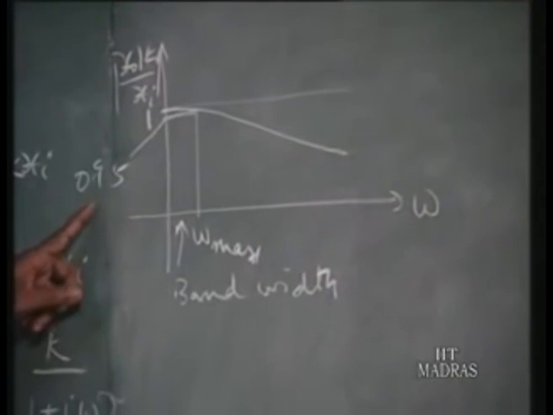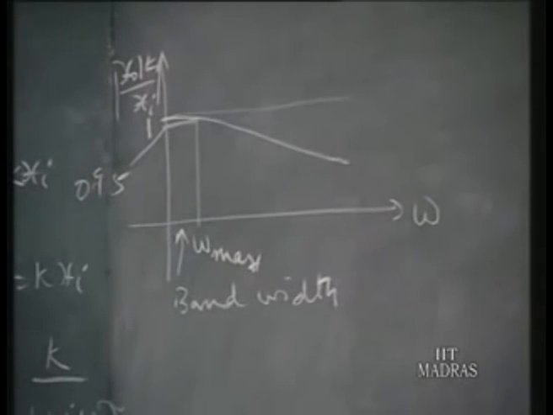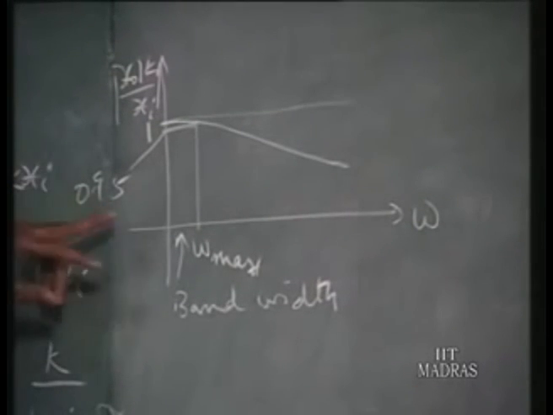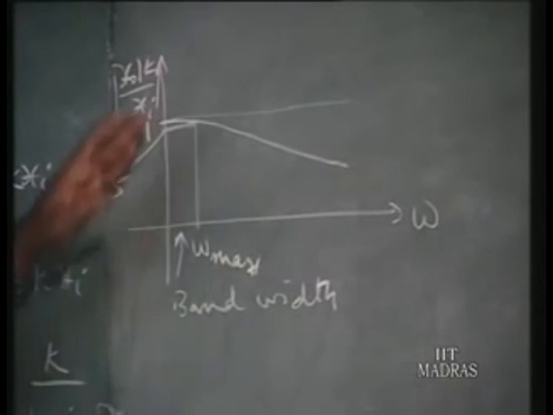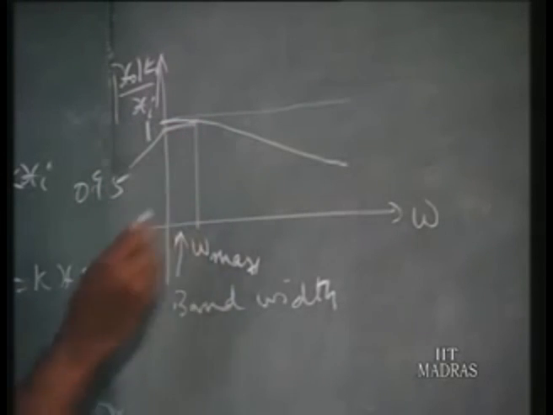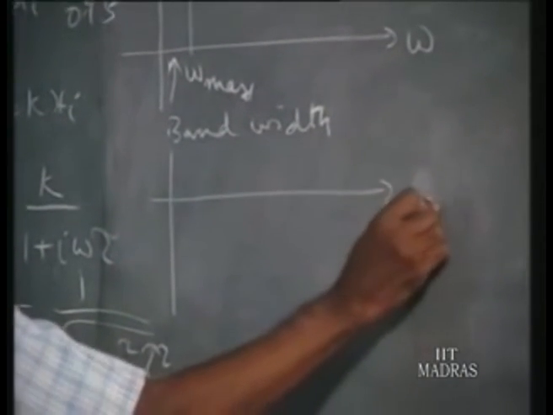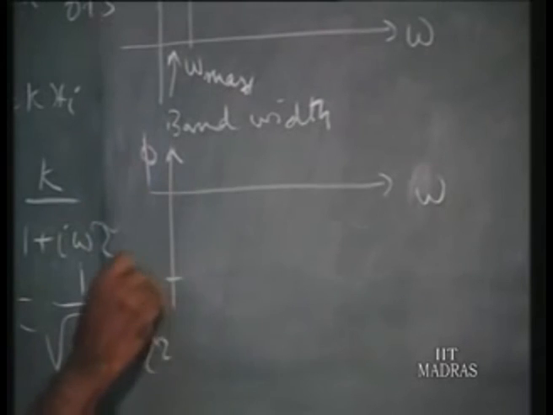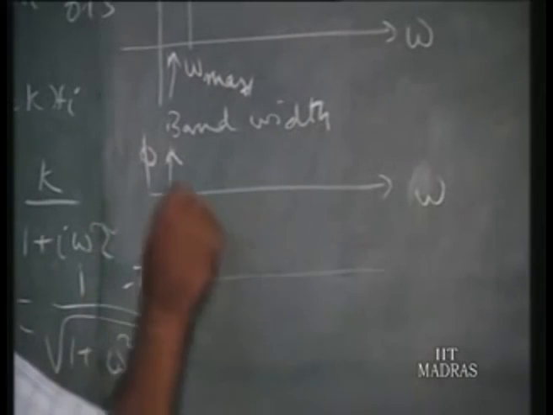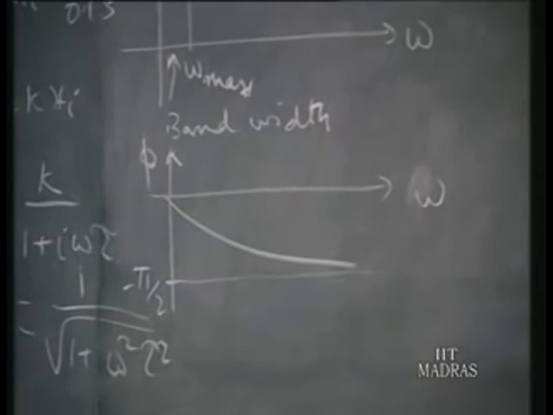If 5% error is permitted due to the dynamic signal, we find there is always error. This is another error source. We have learnt many error sources, from inside the instrument, outside the instrument, and so on. But that was for a static signal. For a dynamic signal, one more source is that as frequency increases, error increases again. And for 5% error, omega maximum is obtained from here. This 0.95, just come here, that will be omega maximum. For the phase, it goes from 0 to minus pi by 2. So it will be varying like this. That is, the phase difference will be proportional to omega. Such a thing is permitted. So that is the frequency response of the first order instruments.